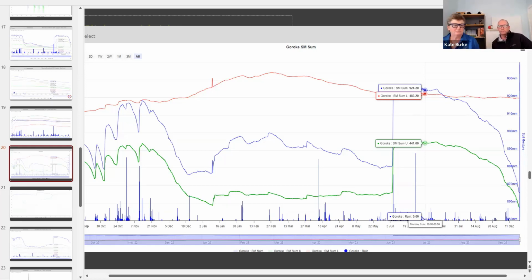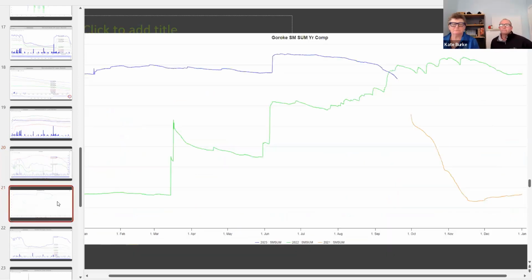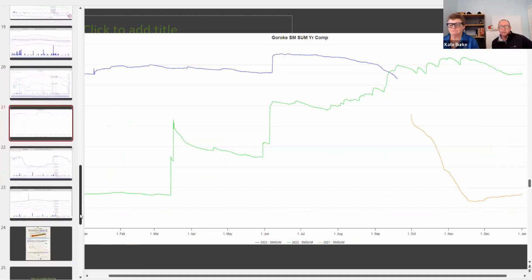Okay, we'll go to the next one. And the next one below that. So this site's got 3 years of data, so we can go back to 21, 22 being the green line, and 23 being the blue line. It's actually got wetter than what it was in spring last year, so obviously a really wet winter, and just starting to see some drawdown in soil moisture from those shallow sensors, which we can detect from the individual ones